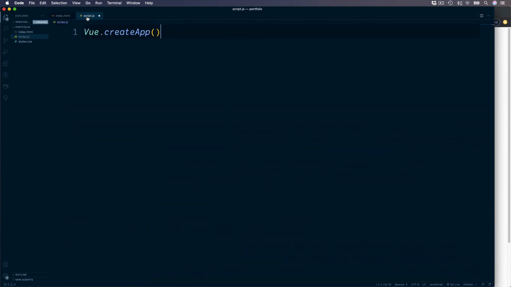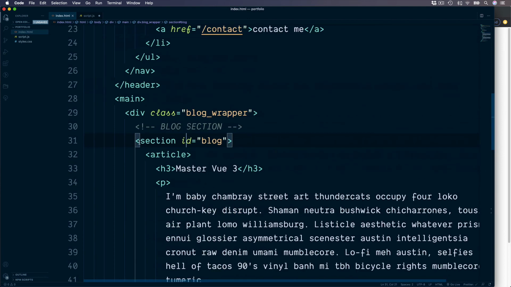This has the ID of blog, so all we need to do is to go over to createApp, and then we call the mount method, where we're going to pass in the element which we want to link to. This is just like regular CSS selectors, so if this is an ID, we use the hash, we use the dot if it's a class, or we can directly target any of our elements by the name. So we could target the section, but we want to target the blog. Although here we are targeting a section element, it doesn't matter what type of element we mount to. It could be the body section, it could be a div,